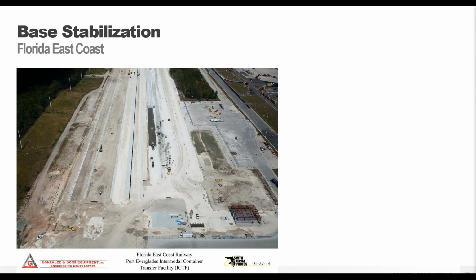GeoWeb cells are also great for roller compacted concrete. This was a facility down in Florida. This project was an intermodal construction design for Florida East Coast Railroad. In this photo, you can see there were some heavy gantry cranes that were being installed with roller compacted